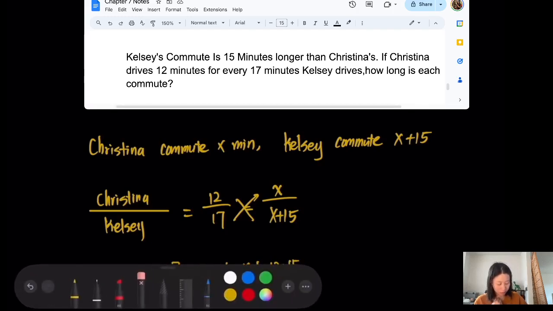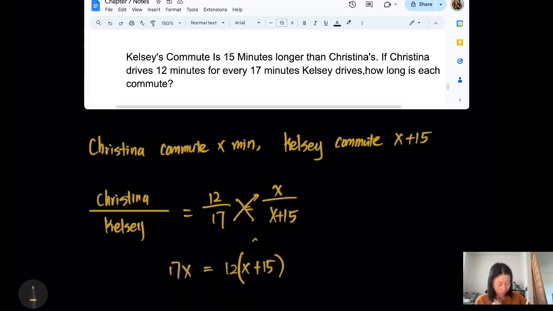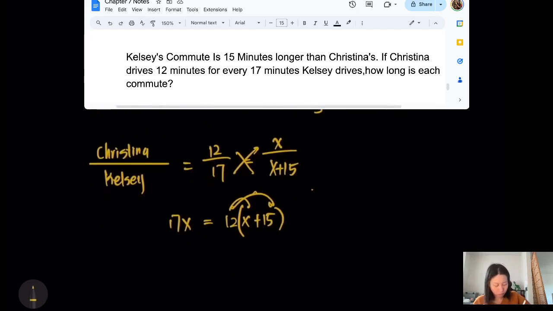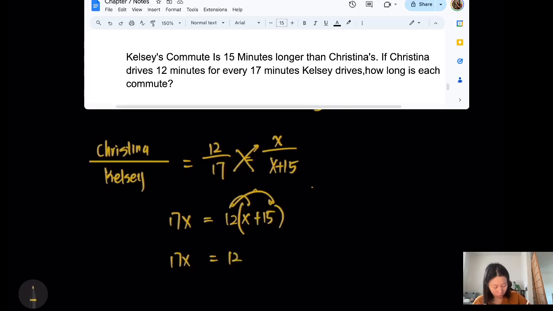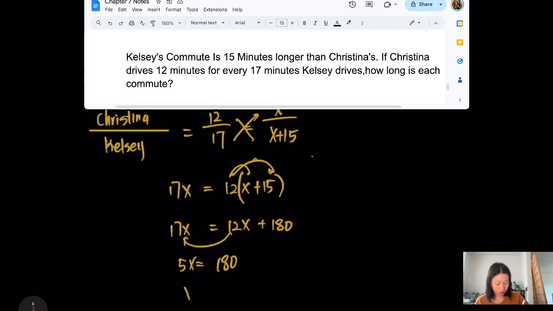I shouldn't skip that. Let me show you more steps. I multiply by 15, and then I distribute the 12 inside the parentheses. Then I have 70x equals 12x plus 180. Alright, and then I subtract 12x on both sides. I have 58x equals 180. Now we can divide by 58 on both sides. So x equals